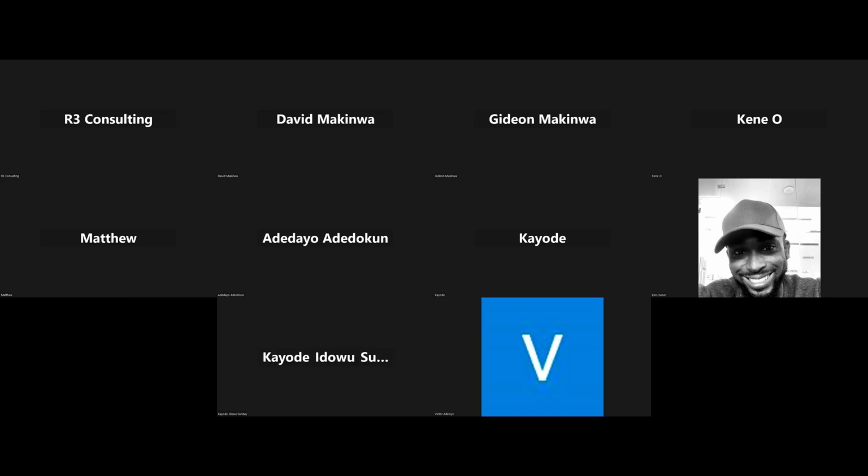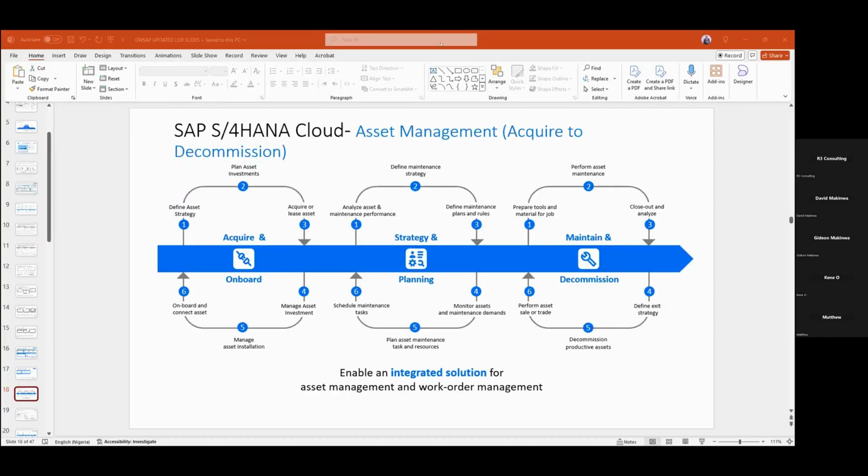I'll be working on the plant maintenance and the asset maintenance module. Let me quickly share my screen so I can walk us through what we'll be looking at. Okay, so my screen is up now.